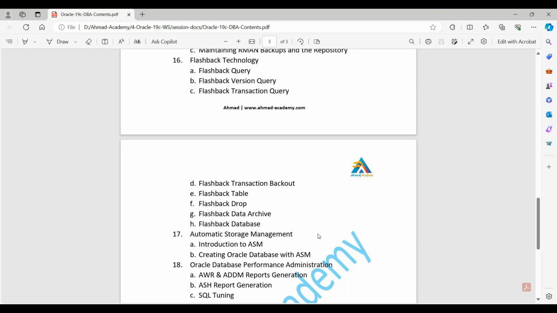one by one. And then we know that from 10g onwards, we have an Oracle storage option, that is ASM. So what is ASM? And if you are using ASM, how do you create a database with ASM? ASM is bundled with the grid software. Generally, grid software installation is used for RAC, but if you want to configure ASM, you should install grid software for your non-RAC database also. That I will cover. And then